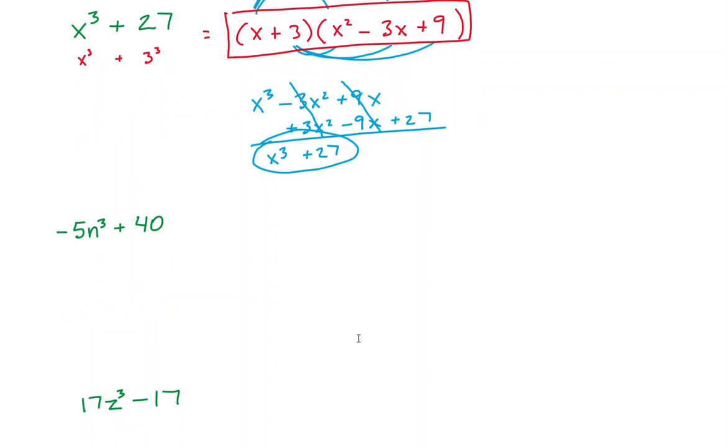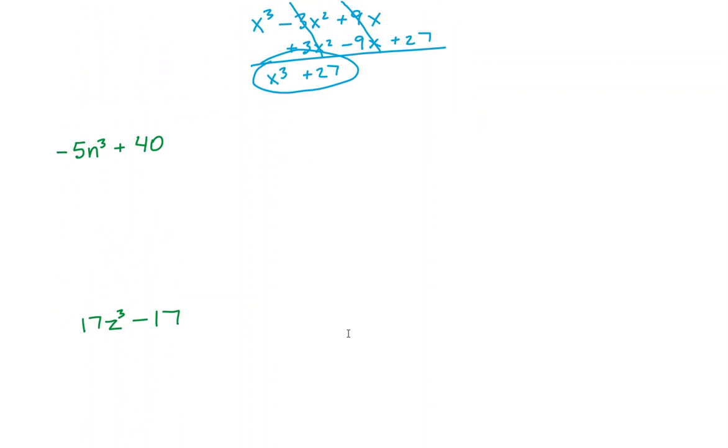We'll do one more, oh no, we've got 2 more here. Let's just do these really fast. Again, go back to the beginning of the recording where you saw all the formulas if you need to remind yourself of what these are. I want to notice here, negative 5 n cubed plus 40. Of course, the first term is not a perfect cube because of that negative 5. And 40 is not a perfect cube either, but if I factor out the negative 5,